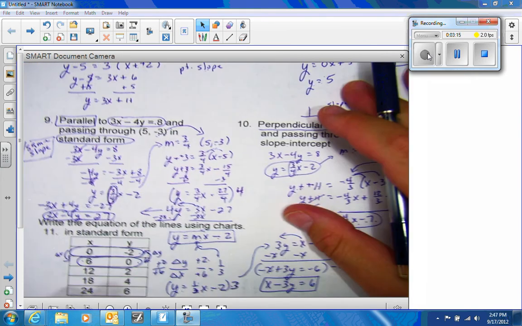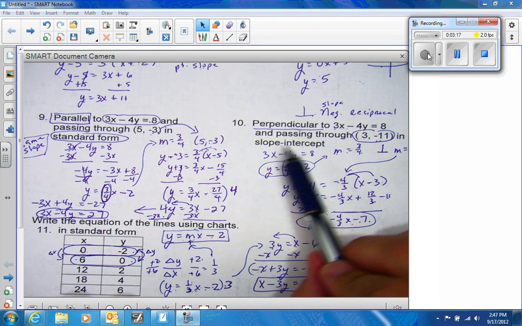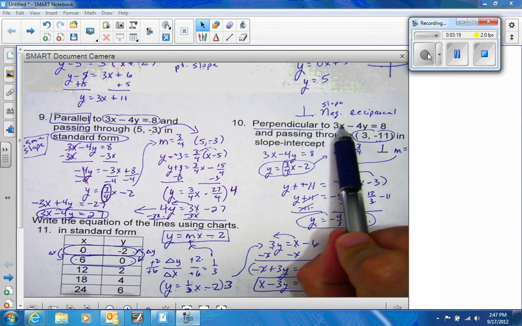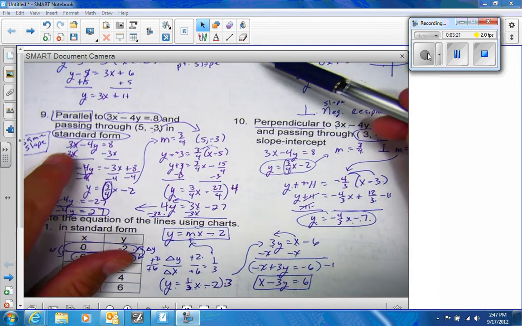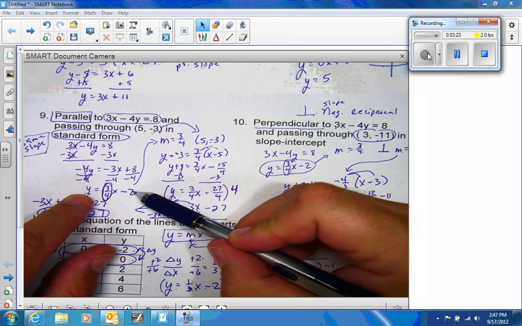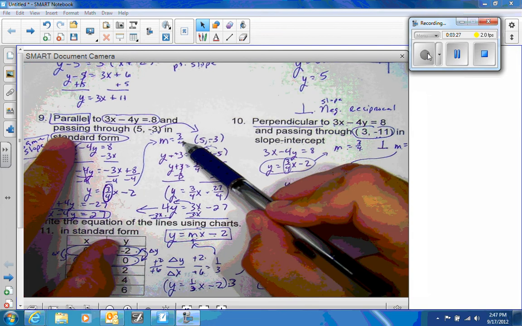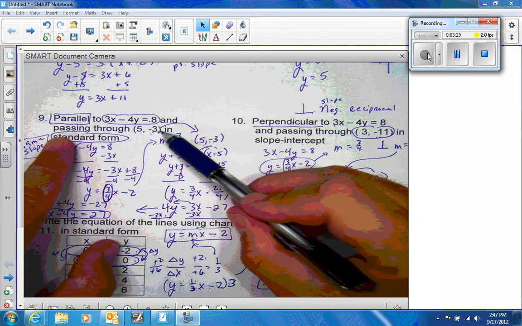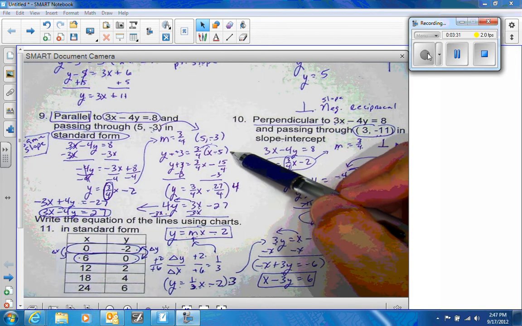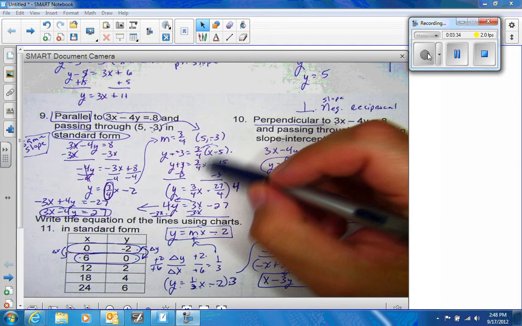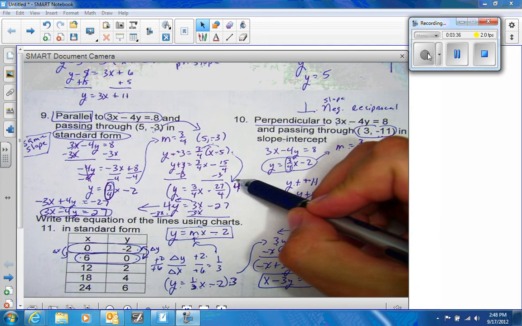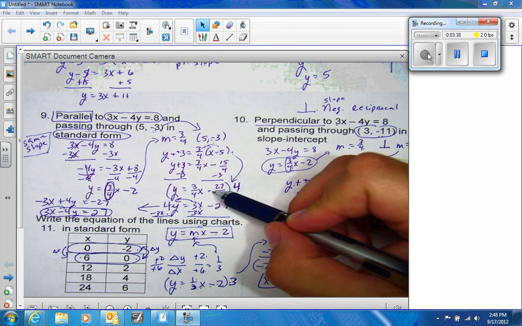Now notice on number 9 and number 10, one is parallel, one is perpendicular. They were using the same equation. So I'm going to solve it over here, and I get y equals 3/4 x minus 2. Since it's parallel, I'm using the same slope. I'm then going to use this point, and I put it in point-slope form. Now, I solve for y, and I get down to this answer right here of y equals 3/4 x minus